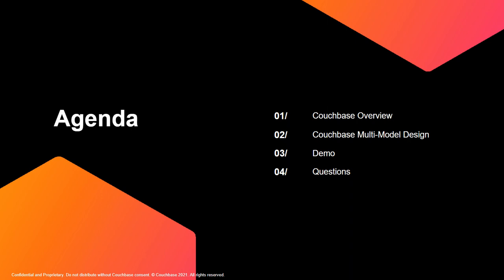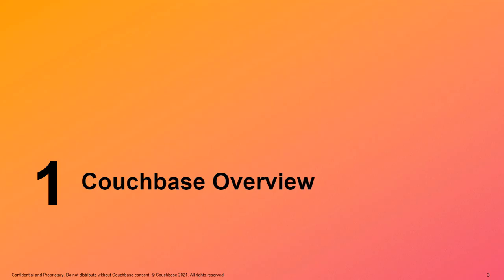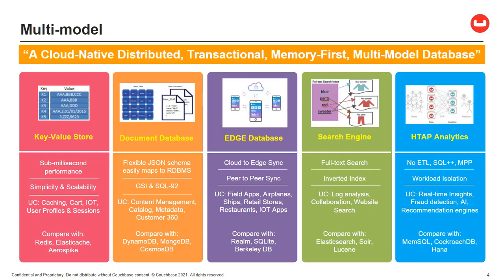So things like if you're stuck with a mainframe, for instance, you might want to bring in Couchbase to add some additional functionality. So a quick overview of what Couchbase is. It's a database. It's a distributed database, memory first, multi-model database. I want to focus on that word multi-model. It's maybe not something you've heard before, but Couchbase is a data store, but multi-model means you can interact with this data in a multitude of different ways.